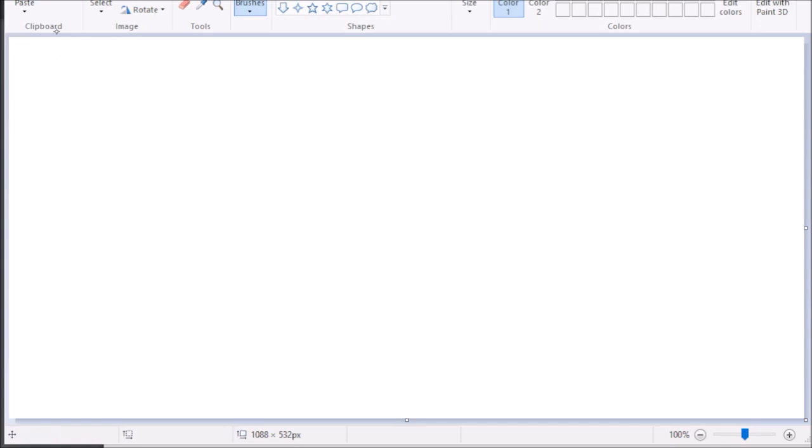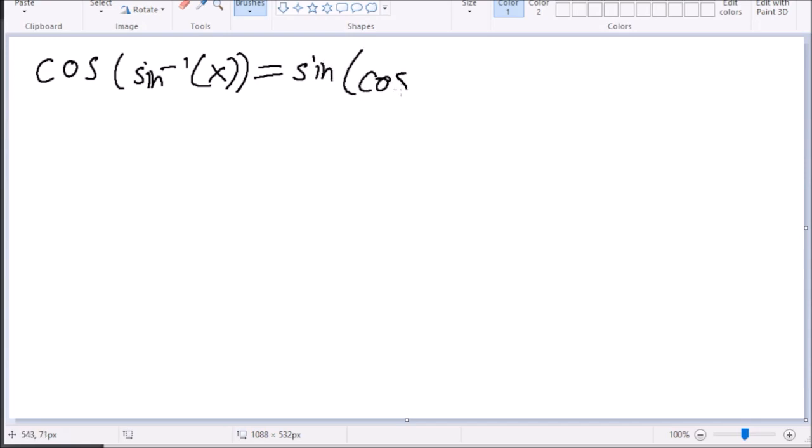So to start off with the identities, whenever you have cosine of inverse sine, this is actually equal to sine of inverse cosine, which is pretty helpful because less memorization. So both of these equal the square root of 1 minus x squared. It's a very important identity to memorize because this occurs a lot in the integration bees. And then the other way around